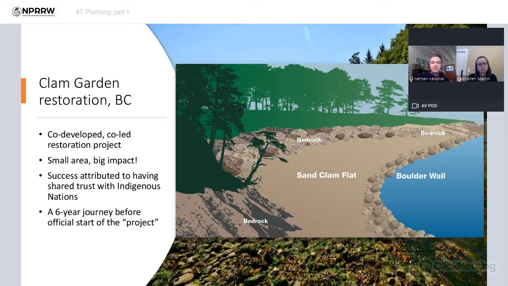So you can imagine something that big and the amount of effort and intention that would go into creating them. So the project we were involved in was the first restoration of a clam garden in contemporary times, and was built up through a shared concern between Parks Canada and the local nations about the health of these beaches. And so based on that common objective, we really worked as a group to co-develop